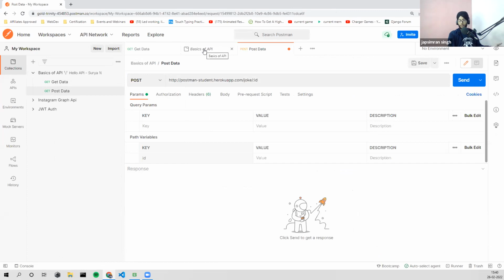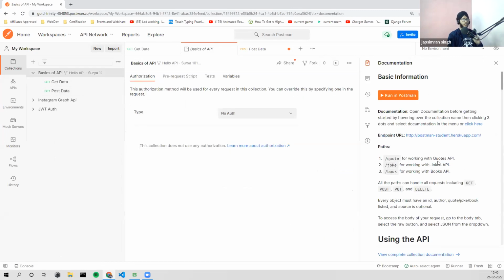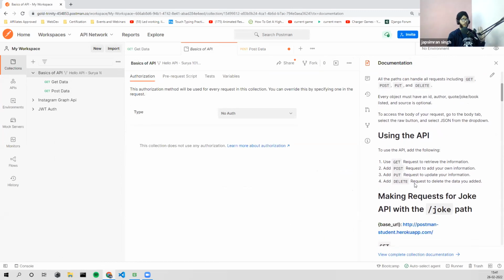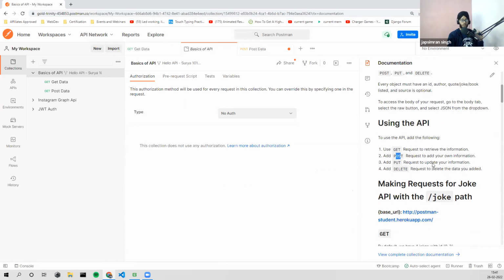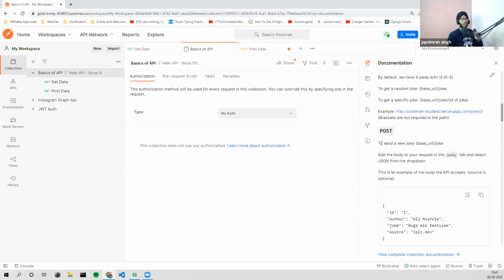But I don't know how to post a new joke. I'll go to the documentation again. Documentation is the way to go. We have a post method here. Okay, to send a new joke, go to this base URL and joke. I did that, and then add the body to your request.